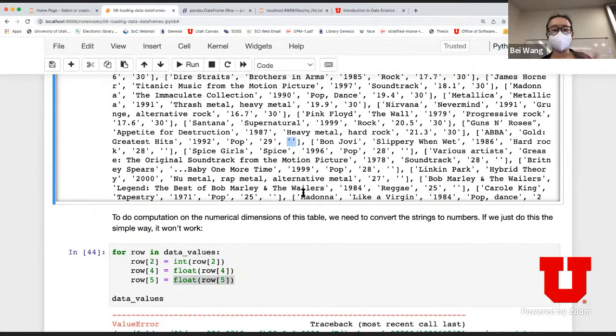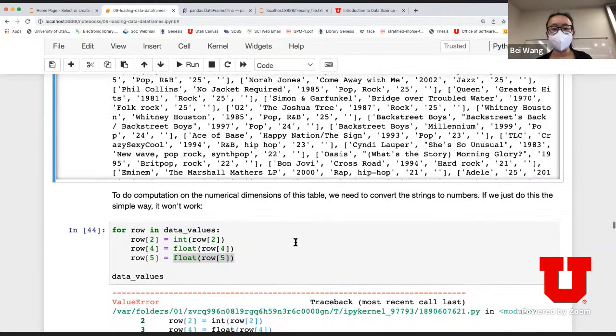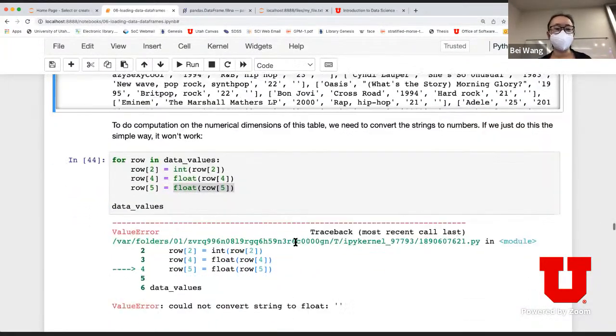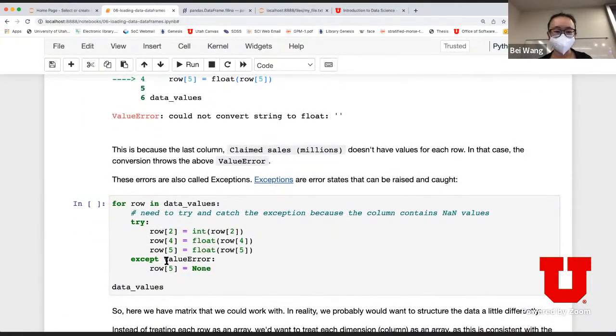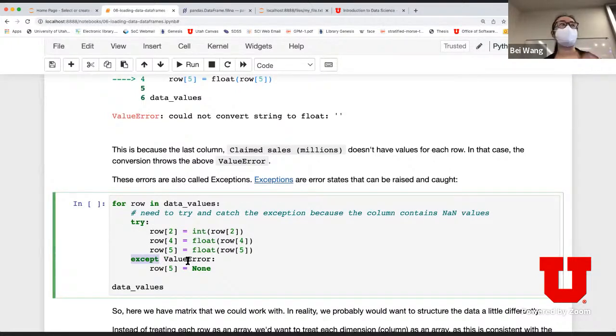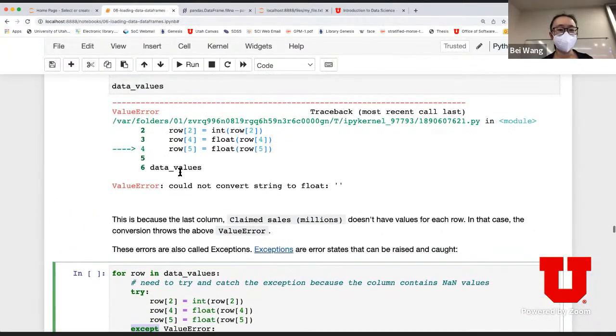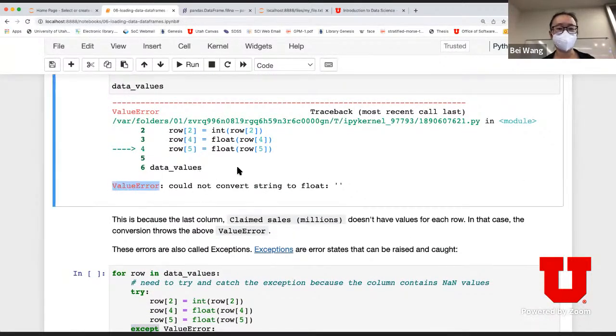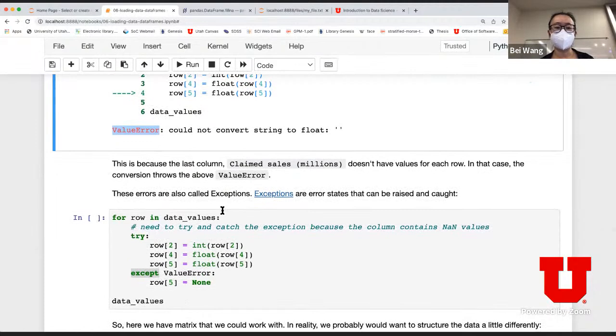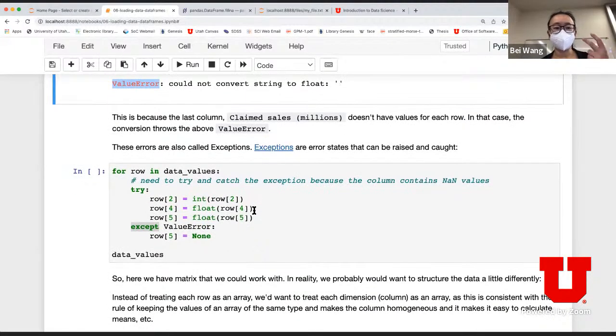So what you can do, and this is just a simple taste of it, is that you expect you need to handle missing values. And what you do is something called try and except. Except is essentially I want to catch the exception I just saw. Remember, what I see here is a value error because I tried to convert an empty string to float, and it's not going to work. So the value error is one type of error I'm expecting if I have missing data. Those errors are called exceptions. And what you're going to do is try this operation, catch the exception, and deal with those exceptions separately.